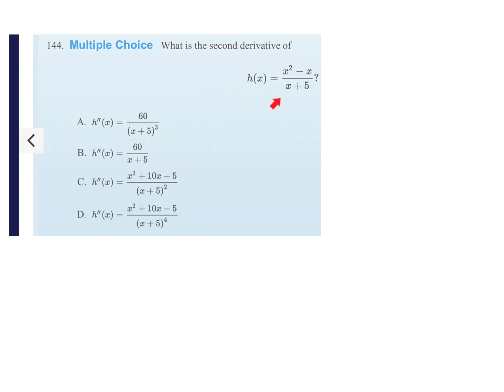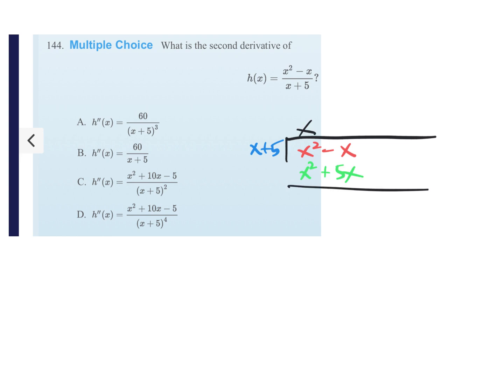Couple ways to do this problem. The first way you might not have thought of is to do the polynomial division first. First, x divides into x squared, x times, and x times the divisor is x squared plus 5x. Subtract. Now x divides into negative 6x, negative 6 times, multiply negative 6 times the divisor,